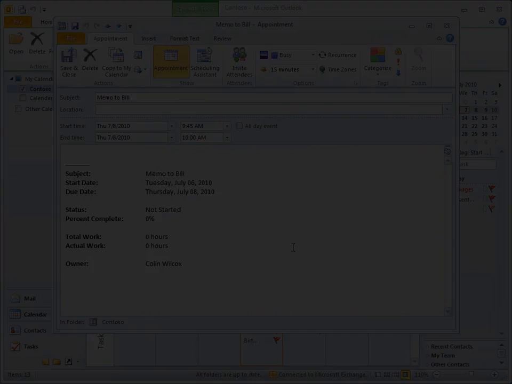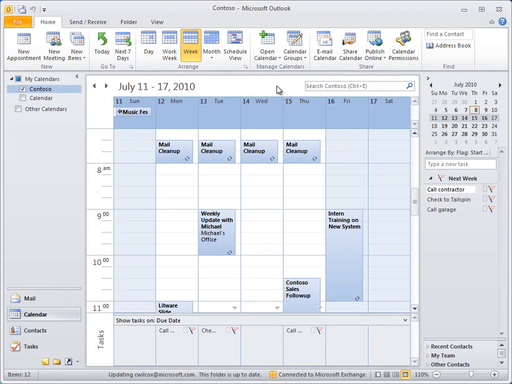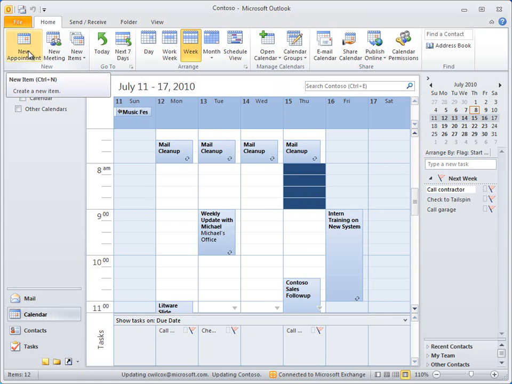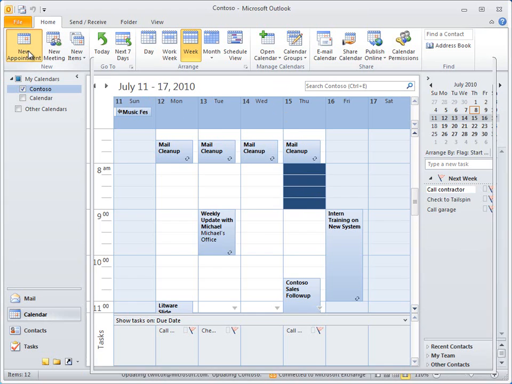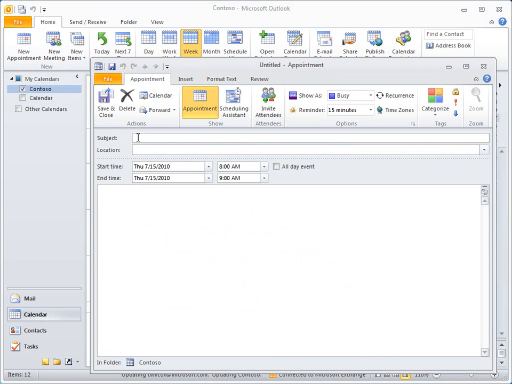Before we finish this first video, let's look at how you can set up an appointment in your calendar. To create an appointment, I usually select the time on the calendar by clicking or clicking and dragging to select the time I want. Then I click New Appointment here in the New group on the Home tab, which opens this new appointment form. I type a subject for the appointment,